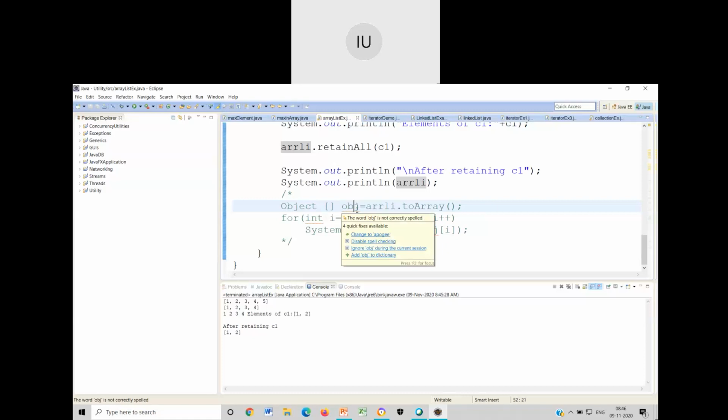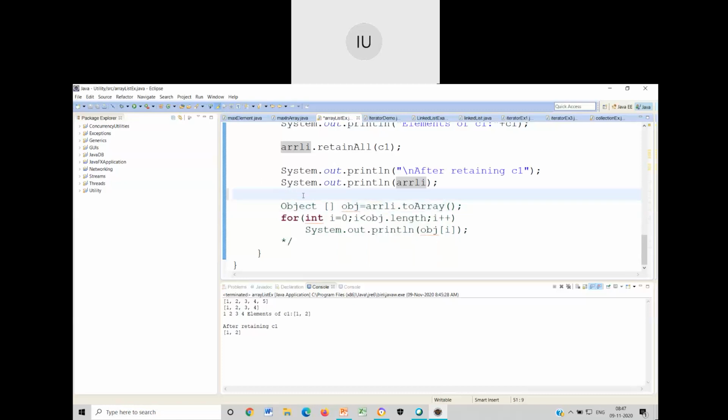But once you create an array object of that particular collection class, it cannot hold more elements than the size that is available right now. Whatever number of elements are there, that many will be taken as the size of the array that is getting created. I hope this is clear for you.